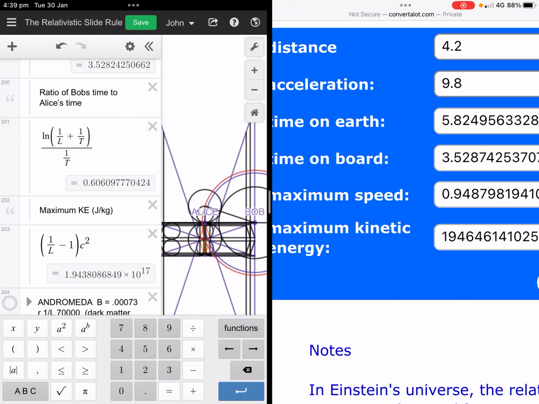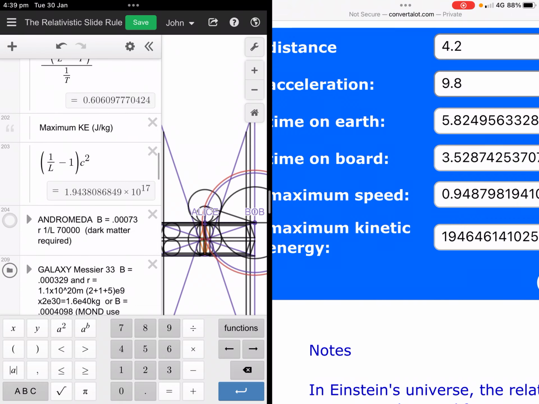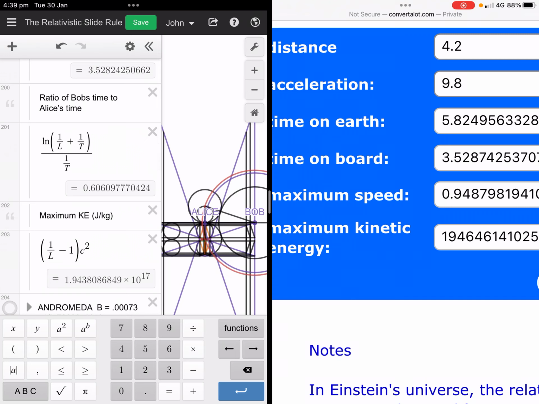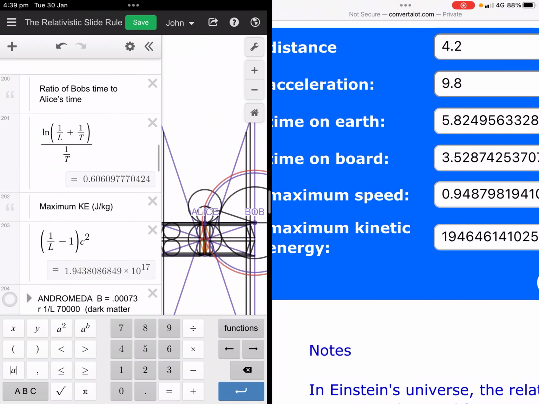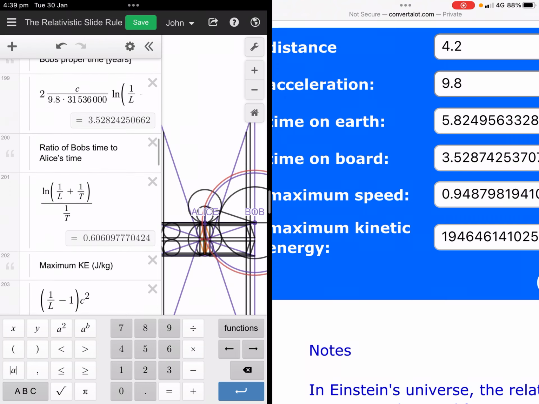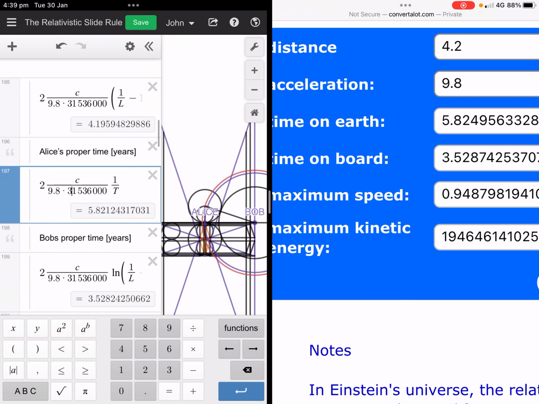Only 0.6 of a second is passing on average, because we have to use the natural log, because it's going to accumulate all these redshifts. You see, that's all that's happening. I'm just using the redshift and I'm just accumulating it using the integral, natural log, putting it over proper velocity. Oh, it's just the frequency, Alice's frequency. Anyway.